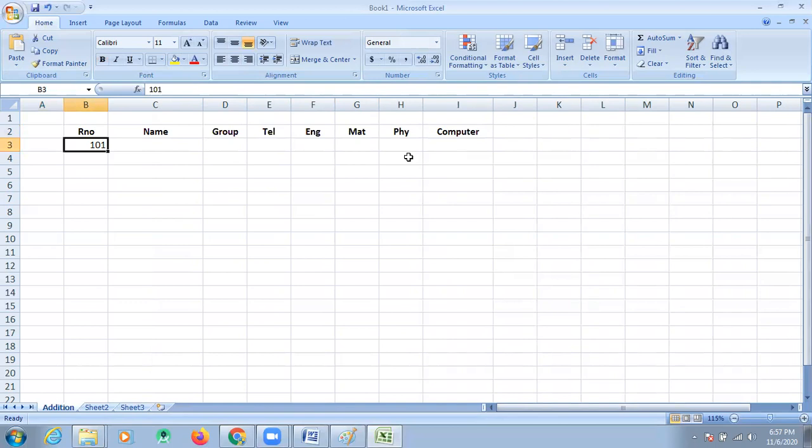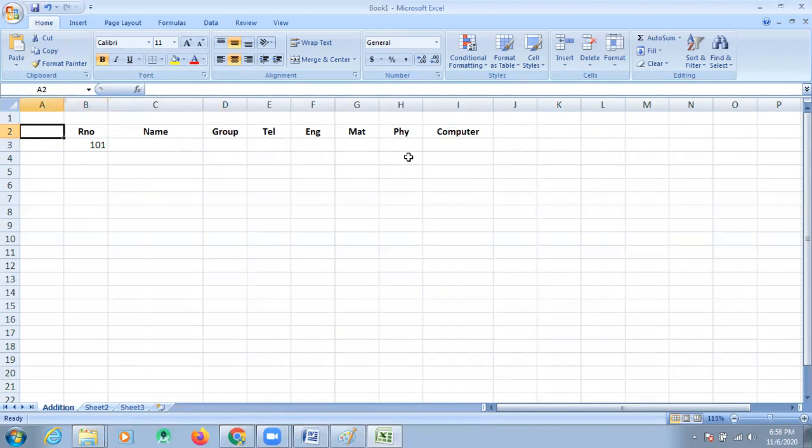Now first of all I selected the cell B2. I entered roll number. Then after, I selected C2. I entered the data name, and then after D2 and E2, F2, G2, H2, I2. When you are writing an answer, you can write step by step.